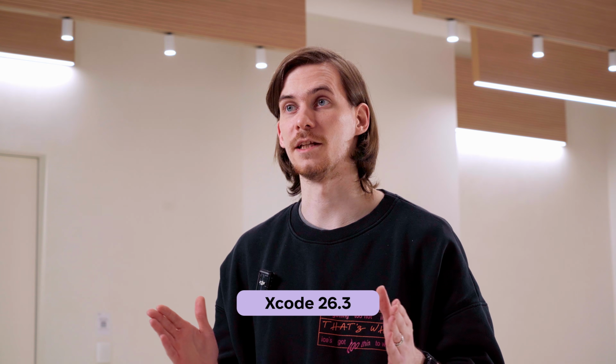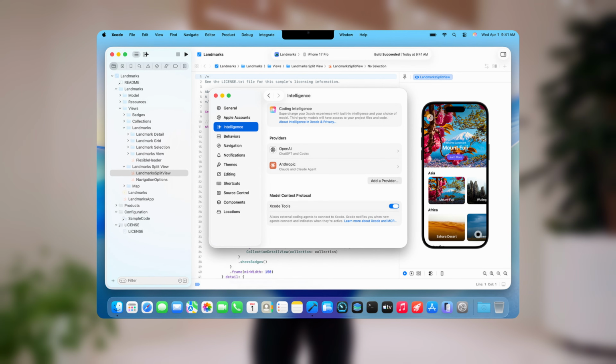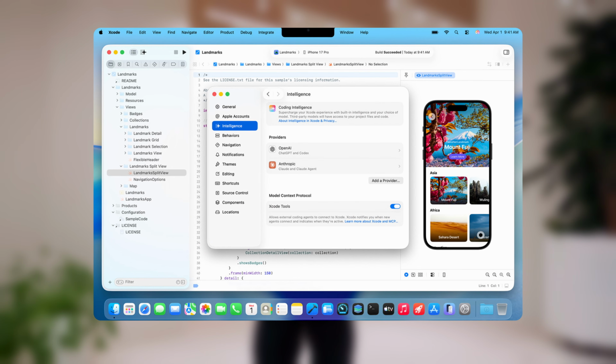Apple has officially released Xcode 26.3, bringing a major update to the development environment by introducing agentic coding. The update allows developers to integrate AI agents such as Anthropic Claude and OpenAI's Codex directly into Xcode. Instead of offering simple autocomplete suggestions, these agents can interpret broader goals, plan multiple tasks, and interact with project files and tools inside the IDE. With the new capabilities, agents can navigate the codebase, modify files, run builds, identify errors, and propose fixes with far less